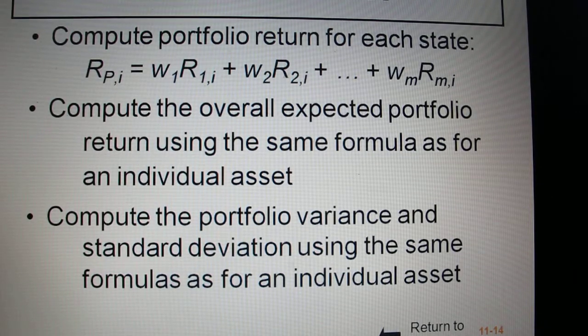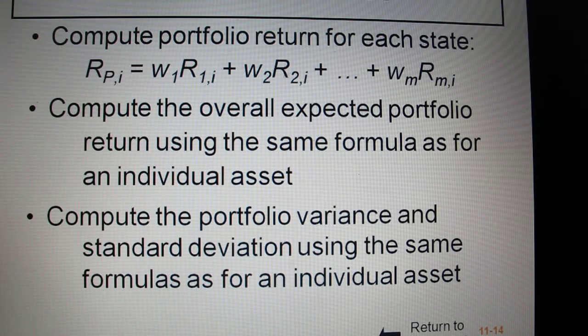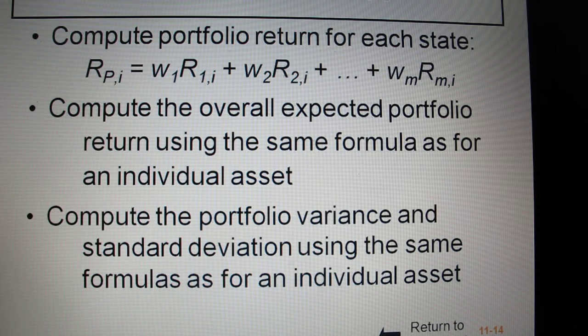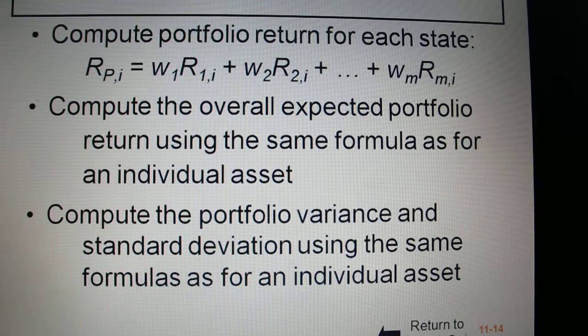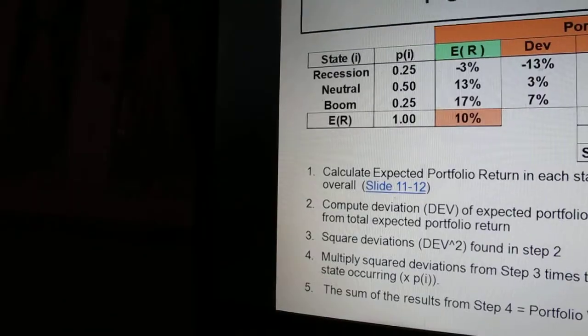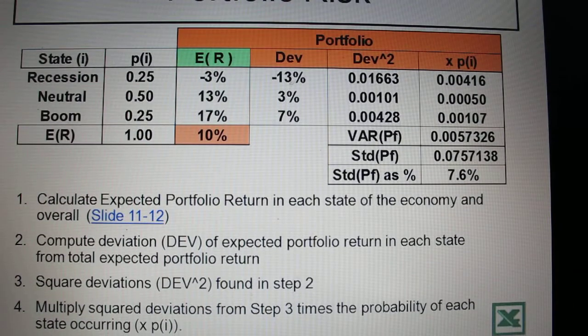All right, so portfolio variance. There are 3 steps to going about calculating this. First, you compute the portfolio return for each state of the economy in our case. Then you're going to compute the overall expected portfolio return using the same formula as for an individual asset. And then finally, you're going to want to compute the portfolio variance and standard deviation using the same formulas as for an individual asset. So, giving you an example,